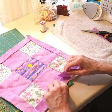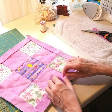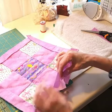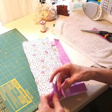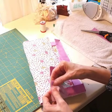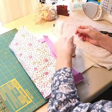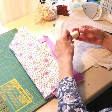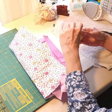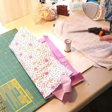Okay, so now what I'm going to do is I'm going to get over here and open these two up. Okay, and I'm going to have to bend my placemat over, fold it over, and now I'm going to put these two together, and I was going to stitch this a quarter inch seam allowance. So I'm going to take my needle, unthread the needle, get me another piece of thread, don't need a whole lot, just a little bit,